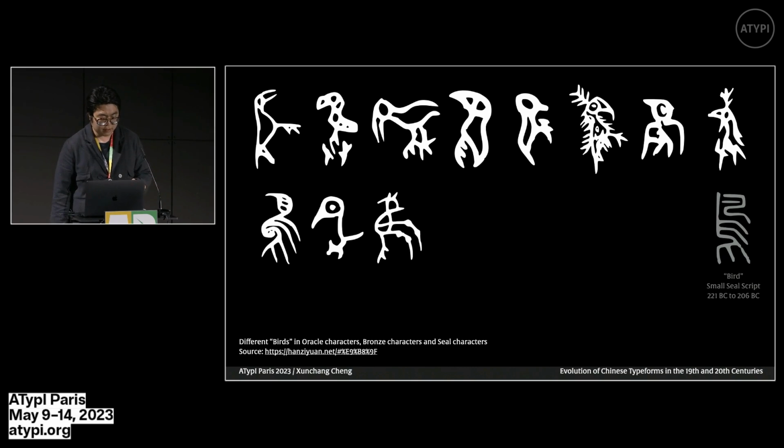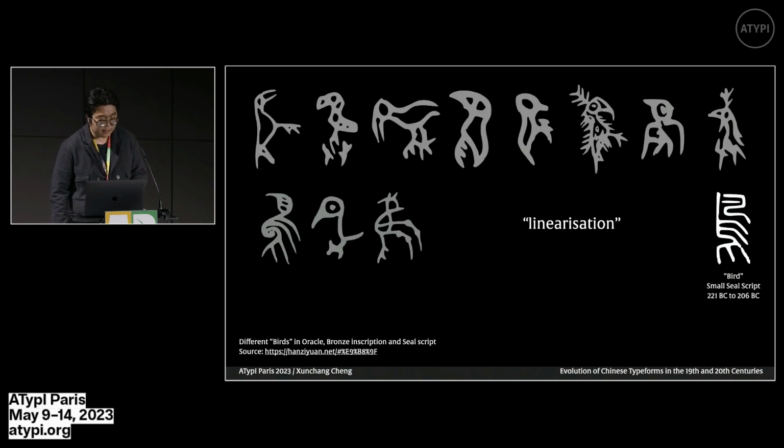In this ancient stage, the pictorial forms of most Chinese characters initially resembled pictures, they were kind of pictographs. For the sake of convenience, the ancients gradually transformed their characters into a more linear and less pictorial structure. This process may be referred to as linearization. And after the unification of China in the Qin dynasty, from 221 BC to